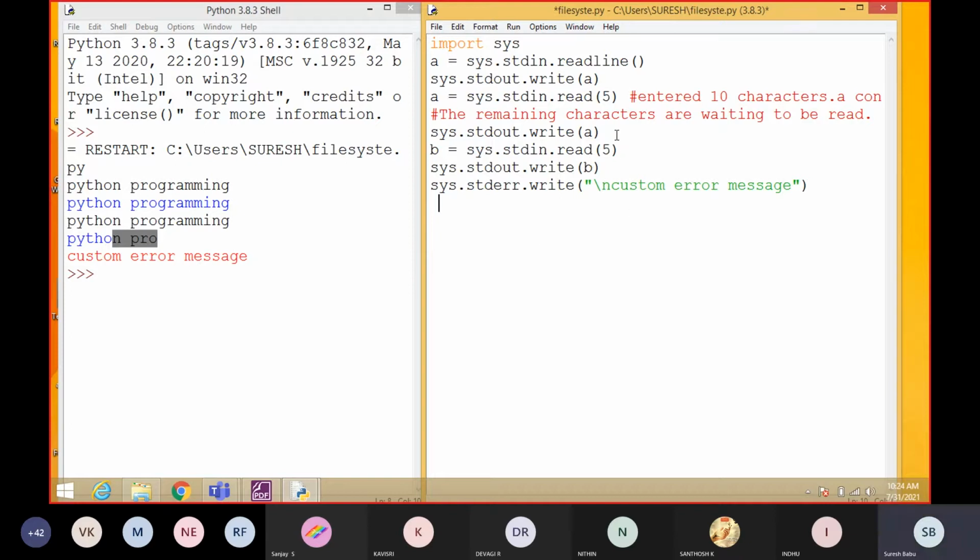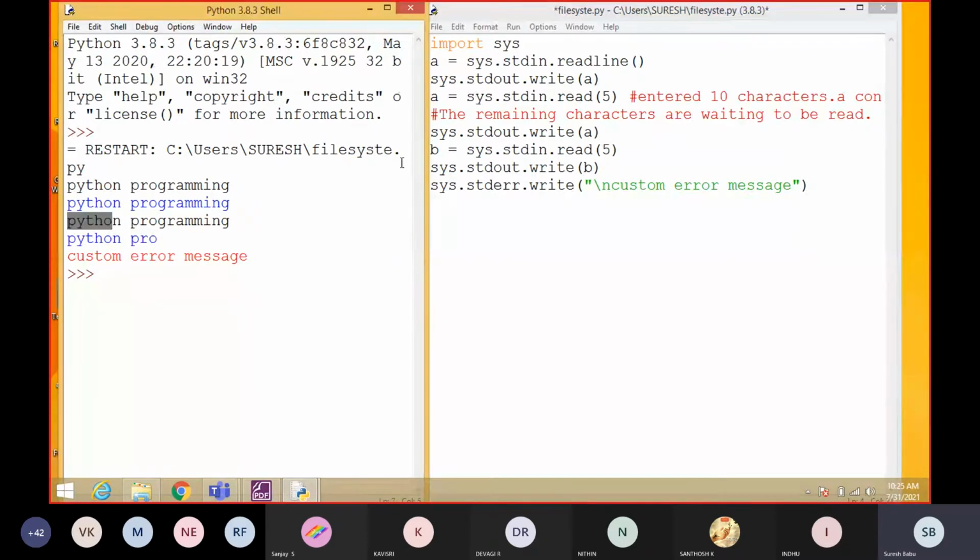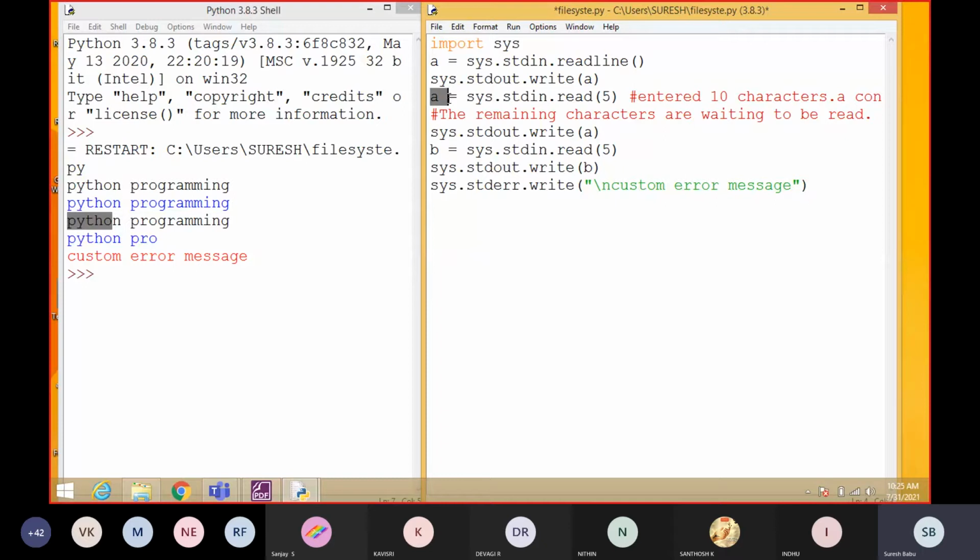So if you still have doubts, I will tell you. First, it reads the data as a line. Whatever you are given will be entirely given as input to the variable, and that will be displayed in the output. But the next one we are using only the read function and specifying the character count. So whatever count you give, it will read only five characters. So this a takes only five, that is only "pytho". That will be displayed on the output screen, and again we are using the same function to read the next